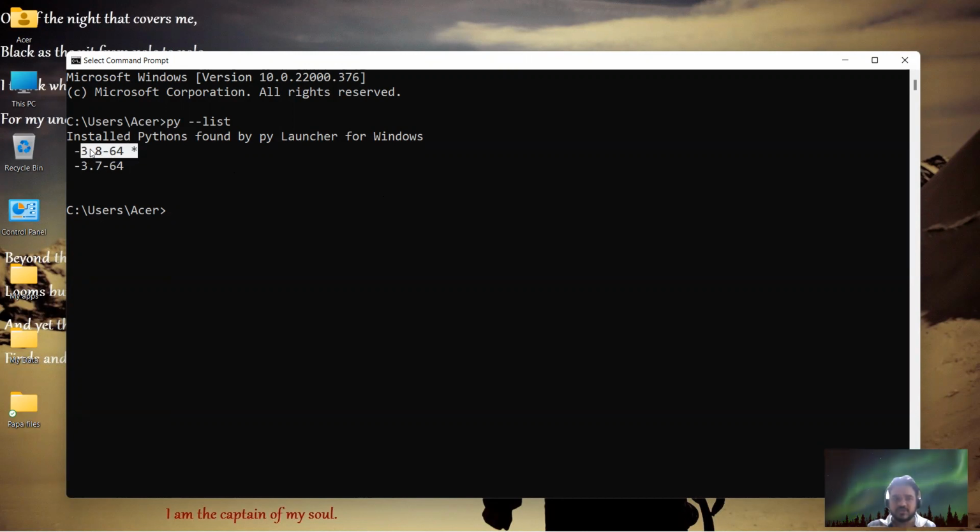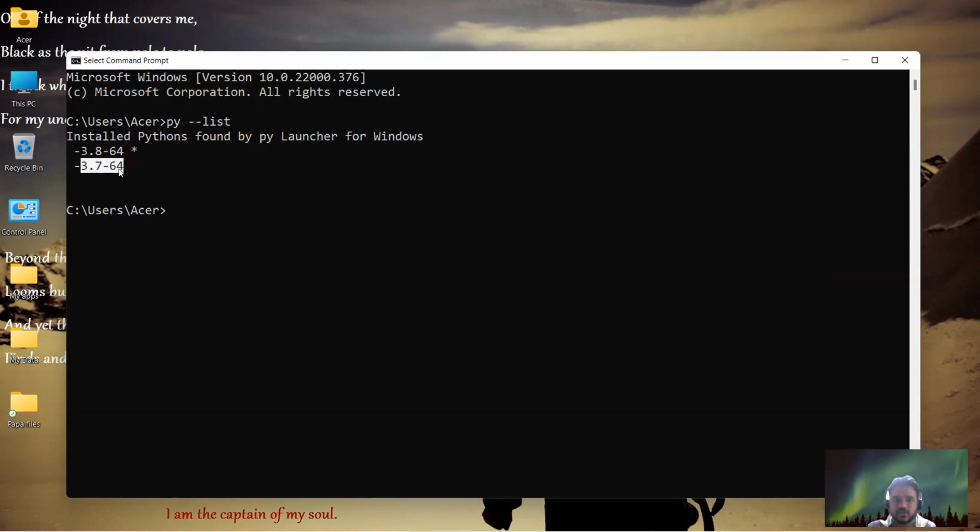Now, both these versions, 3.8 and 3.7, have their own modules, have their own libraries, right? Now, for example, I have a program which is a tic-tac-toe program, which I made an effort in developing using Python. And it required me to import certain libraries like Pygame and time. The time library was already there with version 3.7 and also with 3.8, but the Pygame library I had to install.